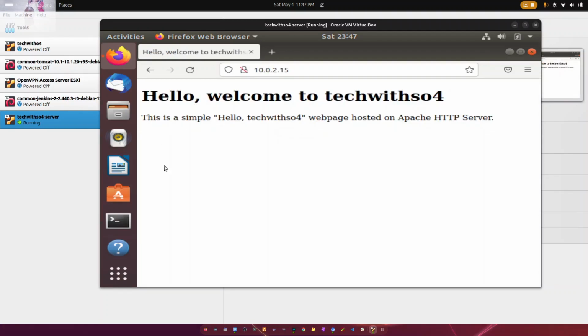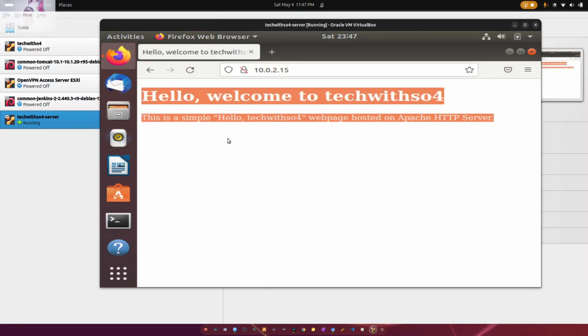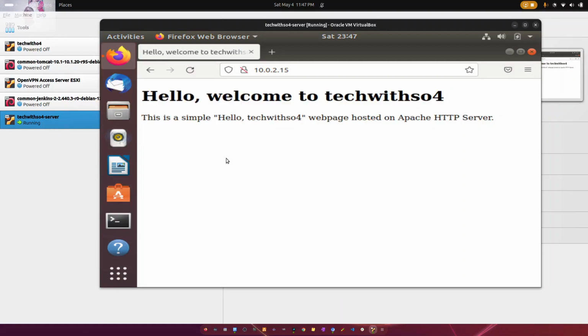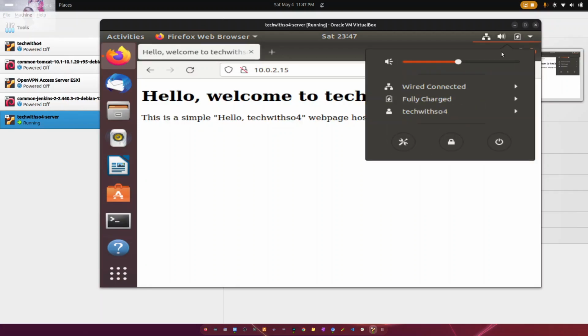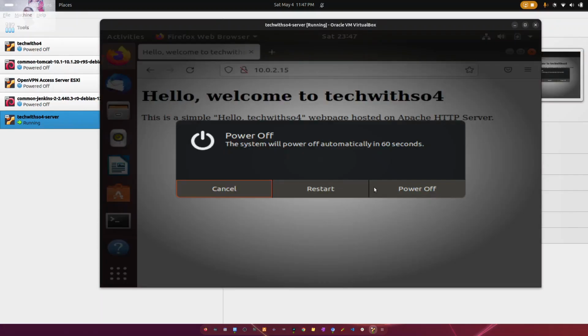Right. So this is the simple web page that my server is hosting, and what we are going to do is to migrate this virtual machine to AWS. We are actually going to rehost the virtual machine on AWS so that we can take advantage of all the benefits that the cloud offers. So what I'm going to do here is to shut down this virtual machine,